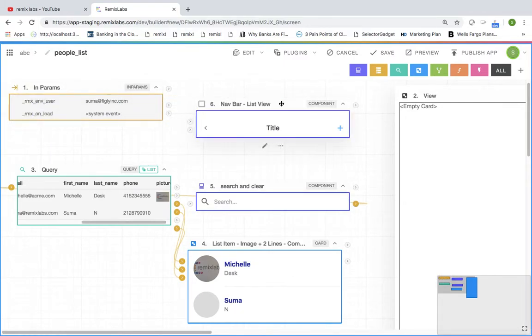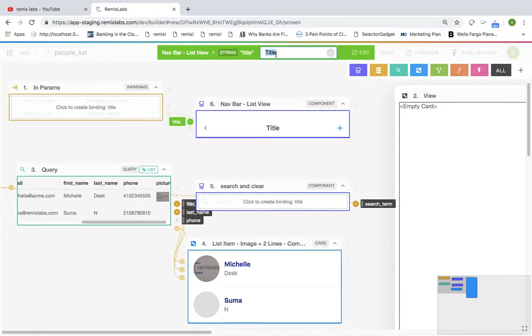The nav bar here contains icons to go back to the previous page, text for the title of the view itself, and a plus button that is attached to an action which allows the user to navigate to a new person screen. So what we'll do here is let's change the title to people list,